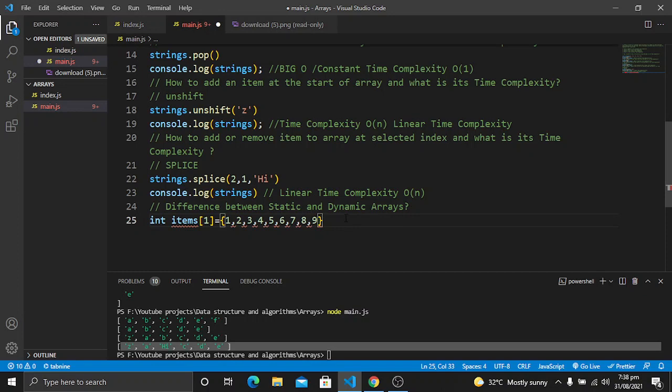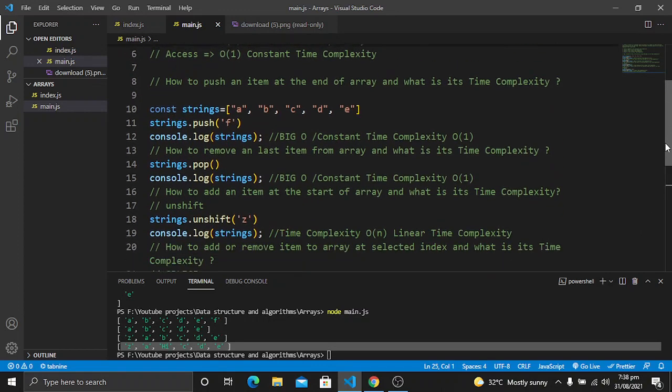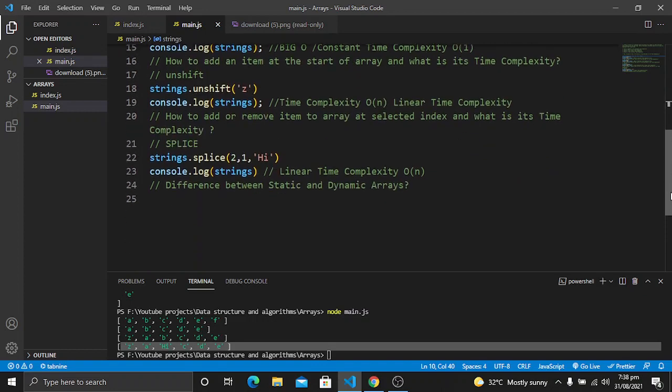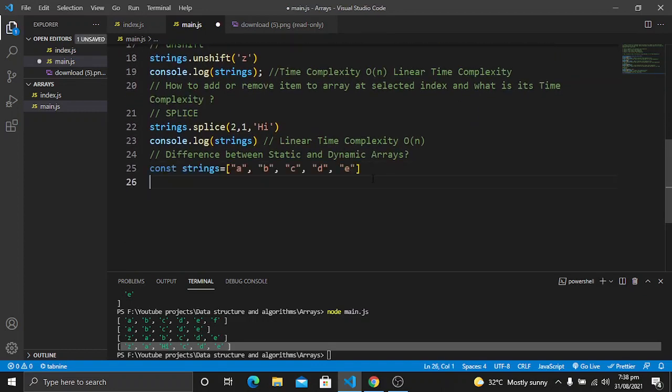And in a language such as JavaScript, you will have dynamic arrays. So dynamic arrays are dynamic in size. For example, let's say this string. As you will see, this is an array. So let's copy it from here. Now we'll paste it here. Now you can clearly see it doesn't set it as a static array, or it doesn't set the number of items in this array at the start of the array.